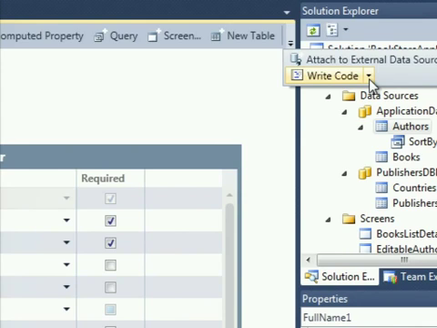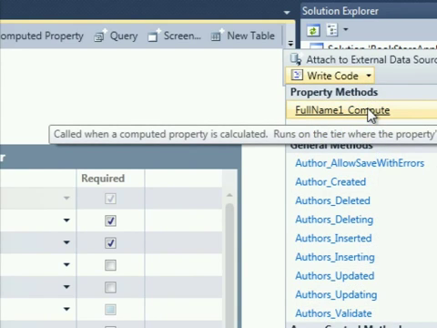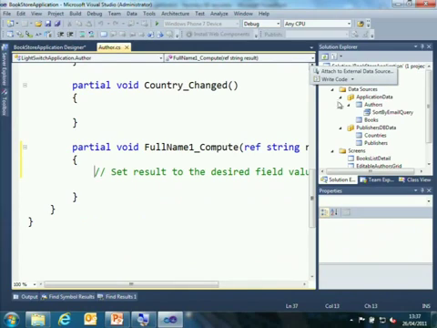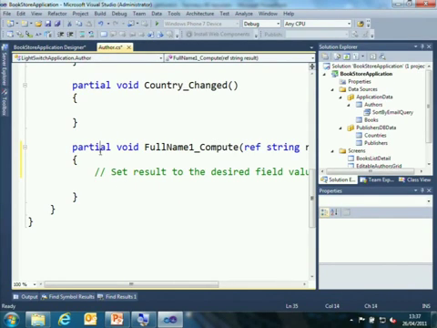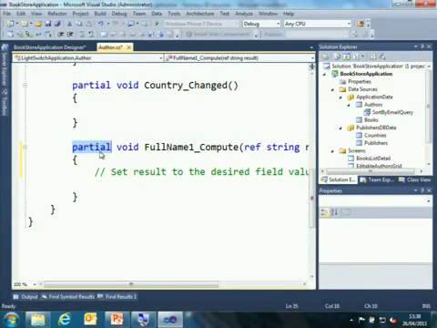Remember, I have that computed property selected. So I'm going to click here and click on the full name 1 underscore compute, which gets generated automatically for me. All right. So there is a full name compute. Note that it is a partial method. When the screens, when the entities, and when the queries are being generated, a lot of code is being generated. Many partial methods are generated on the fly, so that when we write our code, it will be called if there is code to be executed. So most of the code will be written in these